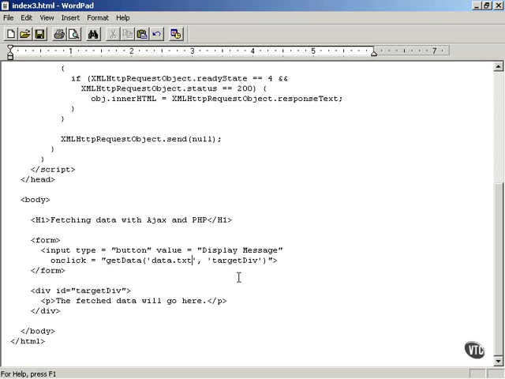So far, you've only downloaded data in a text file from the server. That is data.txt. And as you saw, that works fine. Using Ajax techniques, you can fetch the contents of text files and, as we're going to see, XML files as well with no problem. However, it's very common to use server-side scripting with Ajax so that you can actually accomplish